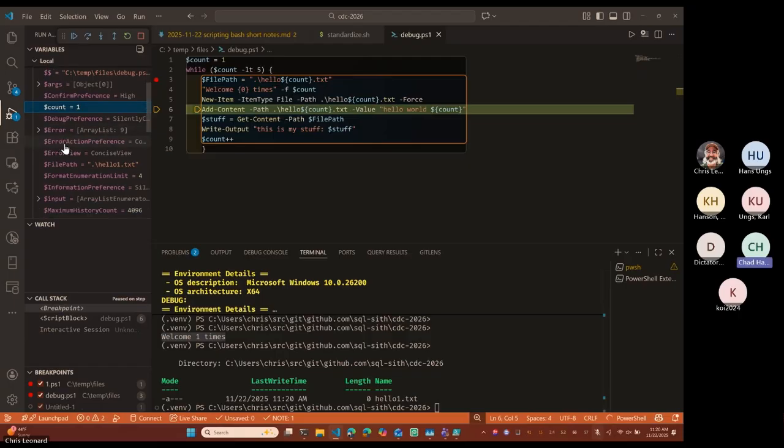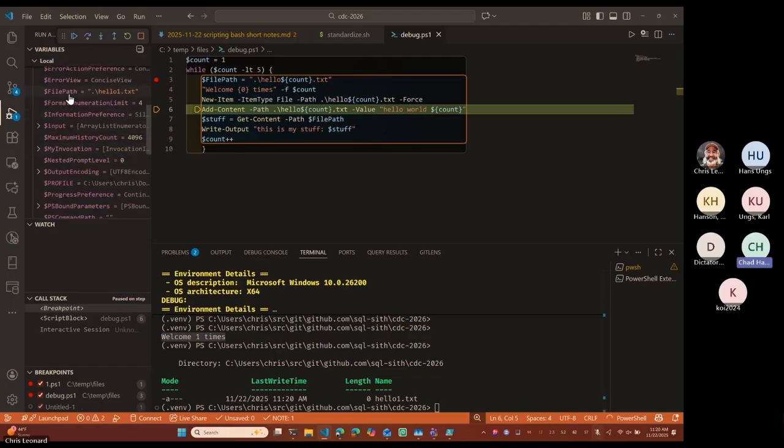And file path is dot hello 1. And you can see when we ran new item type file path, hello count text, we did this the longhand way. Force, that worked. Now, most debuggers, what I'm about to do is kind of dangerous, but I think I can do this in PowerShell